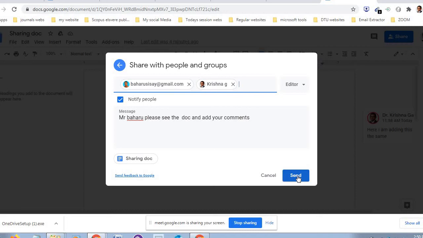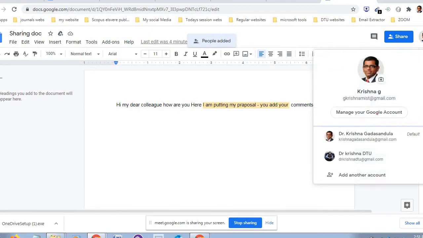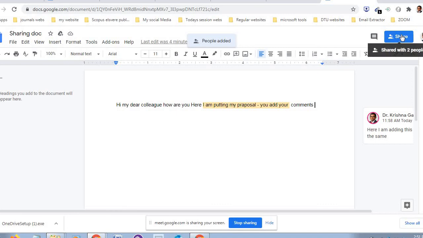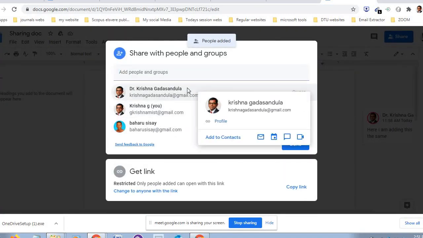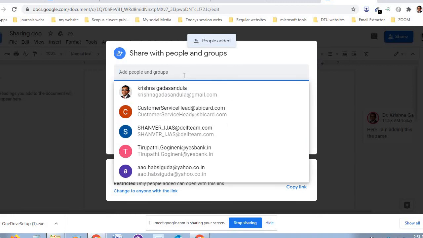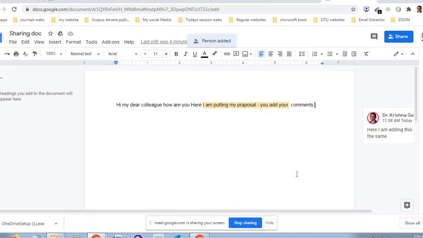Yes, send. This is okay. The same mail ID. I have to send. Okay, right. No problem. One more fellow. I'm sending to one more fellow. And the same mail ID. Yes, I'm sending. Now, this document is gone.